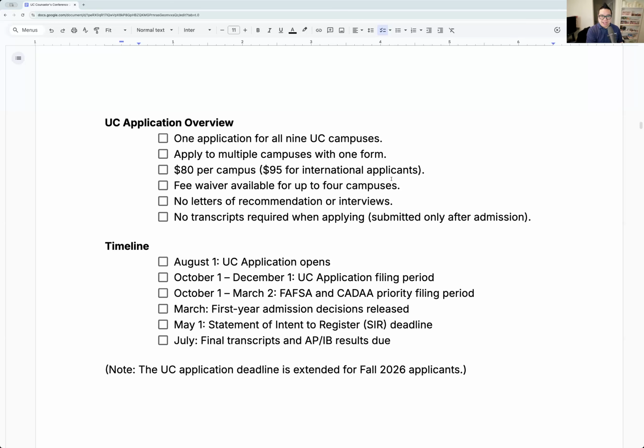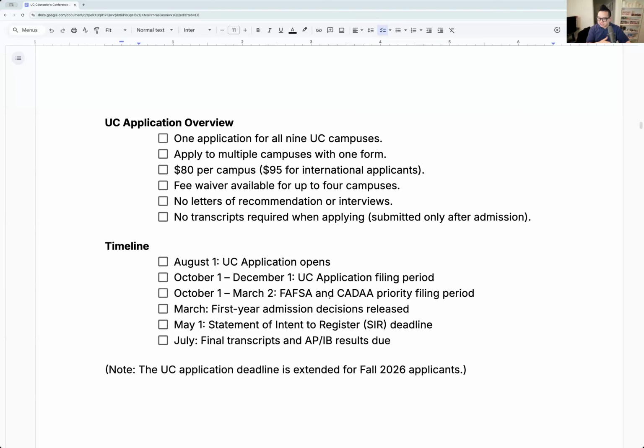There's a reason why they sent you that, because they're stuck. They don't know how to push you one way or the other. So definitely fill out the forms, fill out the stuff to help you out with that as well. You do not need to submit transcripts. Unlike the Common App schools, you only submit after you get accepted to the school. That's it, right?